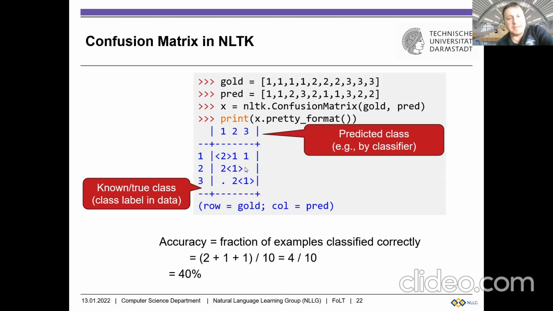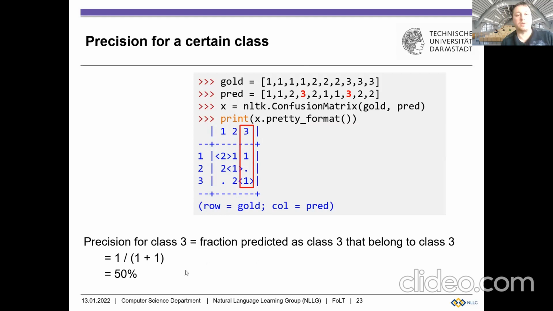To get the accuracy of such a model, we would check the diagonal, because on the diagonal we have all those cases where the true class coincides with the predicted class. So the true class is 1, the model says 1; the true class is 2, the model says 2; the true class is 3, the model says 3. So we have 2 plus 1 plus 1 divided by all the entries. That is 3, 4, 6, 7, 8, 10. So we have 10 instances overall, the dots stand for zeros here. So we have an accuracy of 40%.